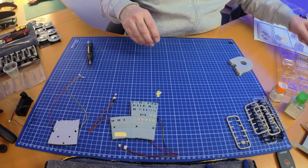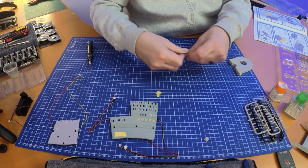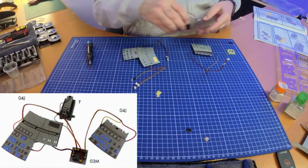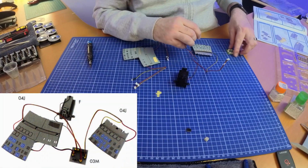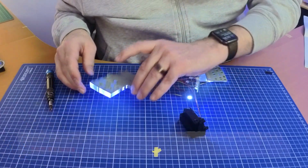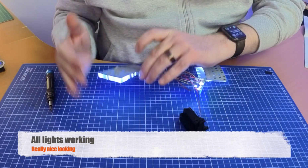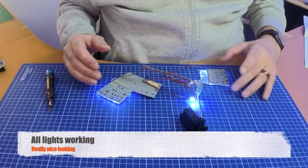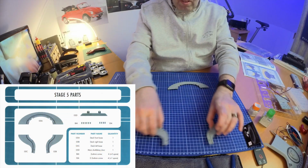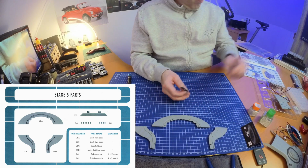So we've got 1, 2 small parts left, and we're going to put the battery beautiful. Okay, we've got these parts, and this is for the shuttle bay, and we're going to start with that